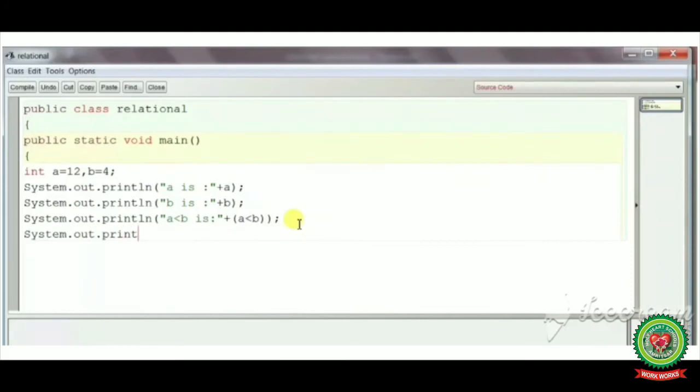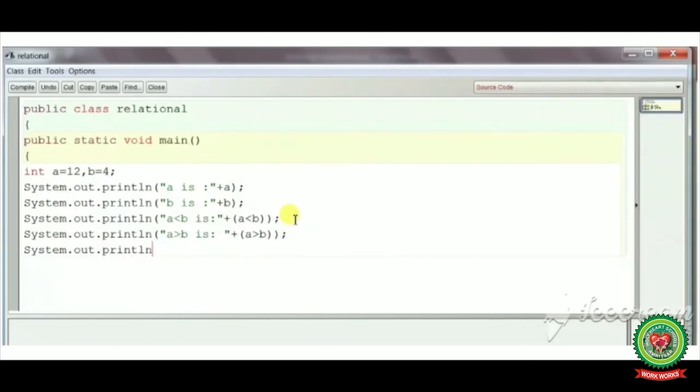System.out.println. Our next operator is greater than. Double quote start, a greater than b is, double quotes close plus, and in the round bracket again we will write a greater than b, semicolon, System.out.println.